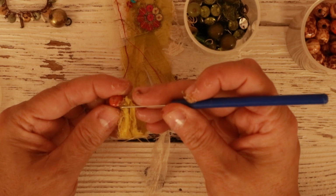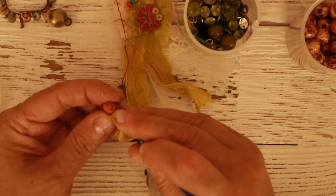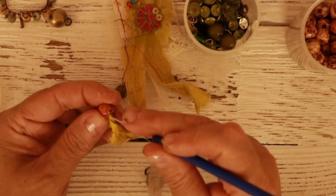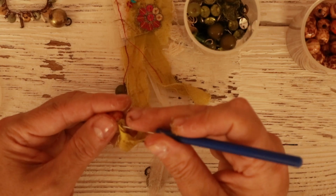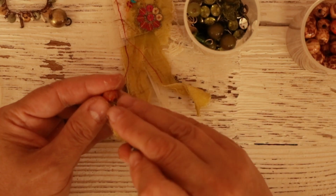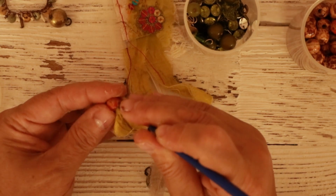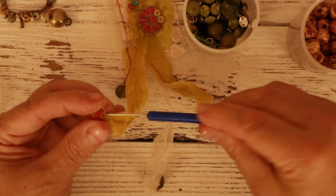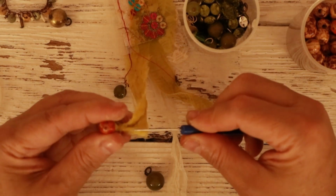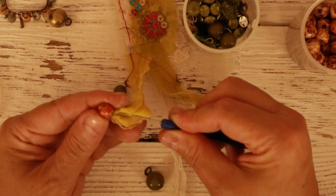Let's see if this works. I don't even know if I can get this through here. Let me see. Might not work. God, I wish it did. I might have to use the bigger beads. Yeah, the pokey tool, I'm not sure. Well, it went through. The pokey tool went through, but the